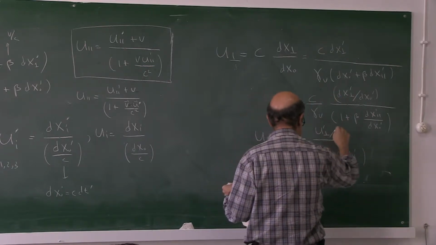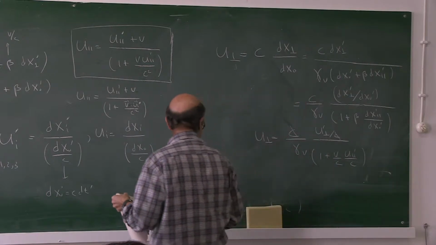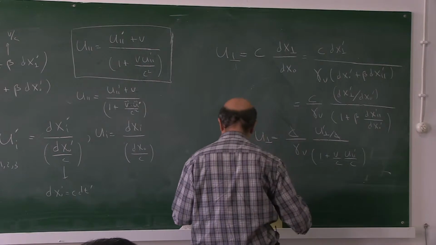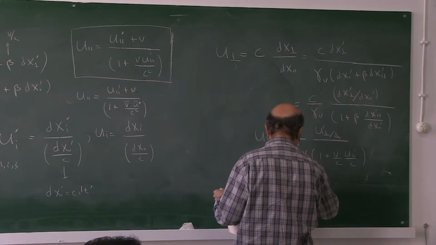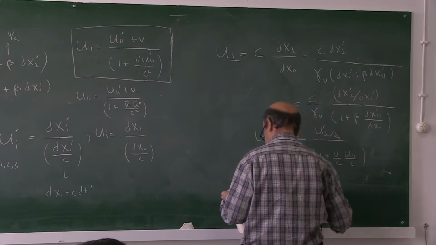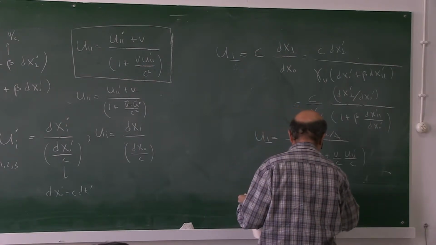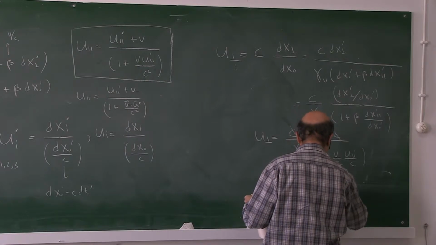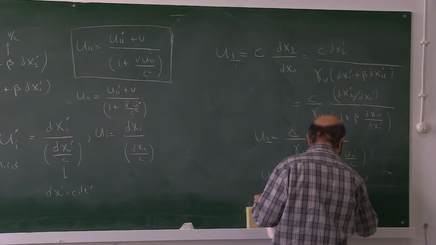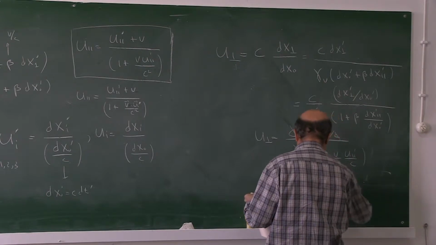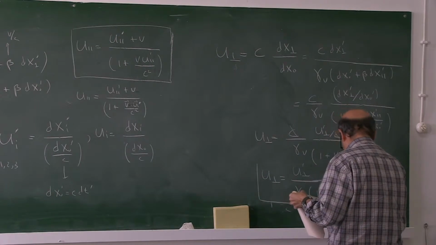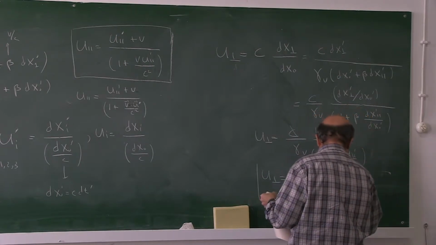So these c's will be cancelled, and you can write that the perpendicular component will be u perpendicular prime over gamma times v, 1 plus v dot u prime over c squared. This is the other term. And as I said again earlier,